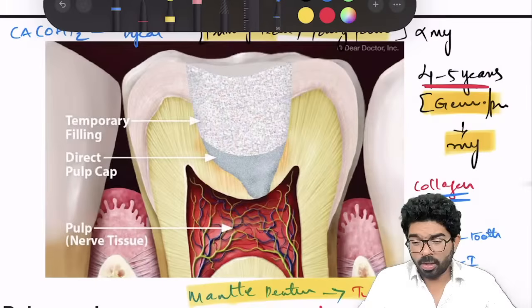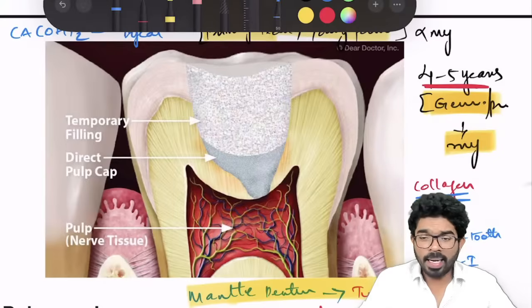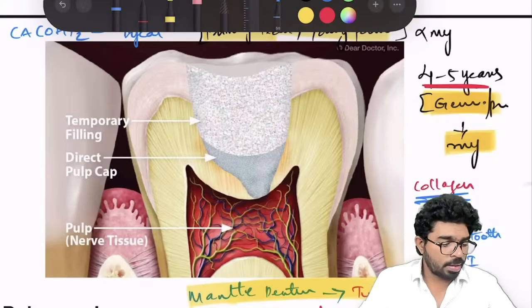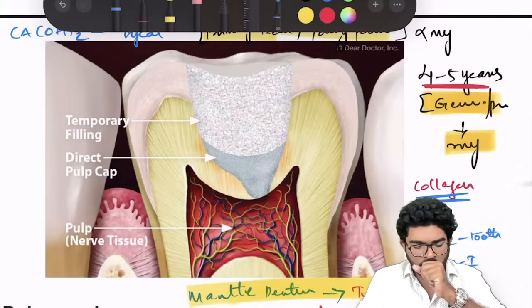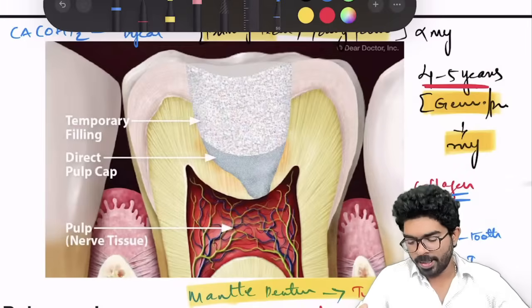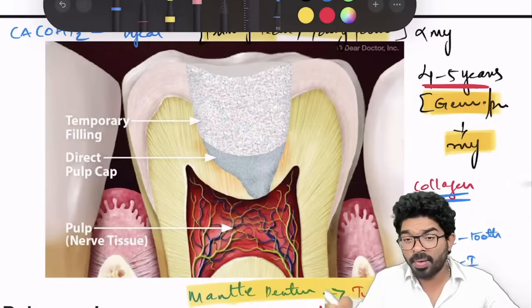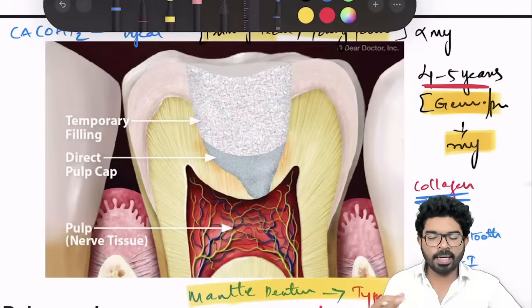Considering the methodology of dentistry in colleges, according to studies, is that case an ideal case for doing pulp capping or not? I see most of you are telling yes. Don't feel bad. Absolutely, you should not do. Reason why you should not do,